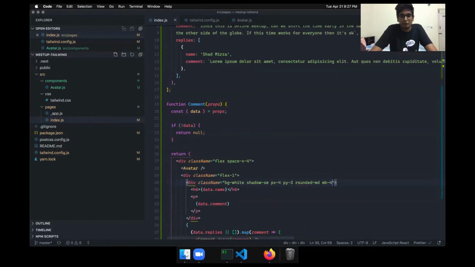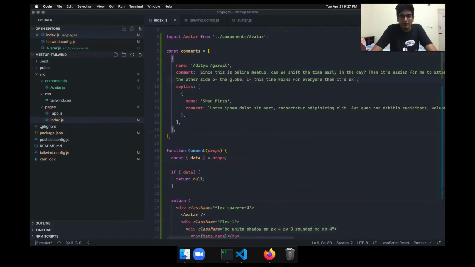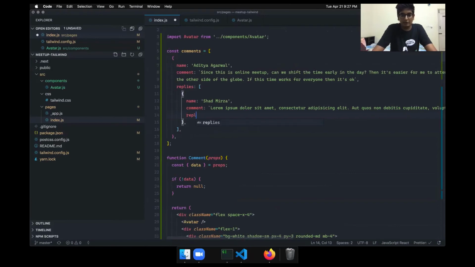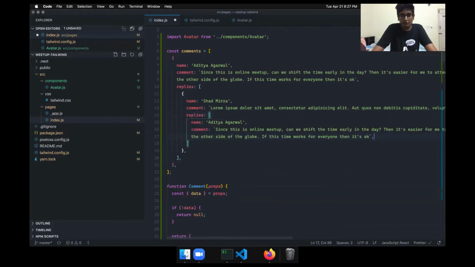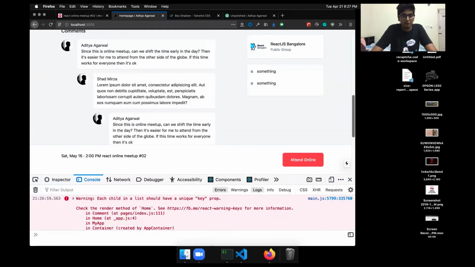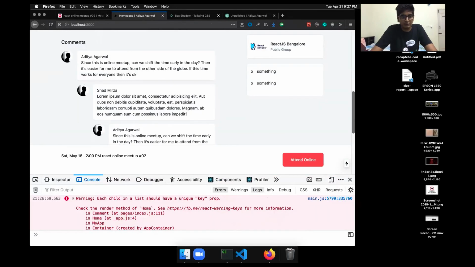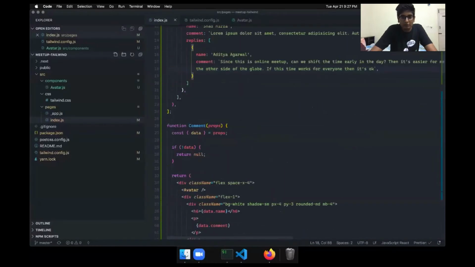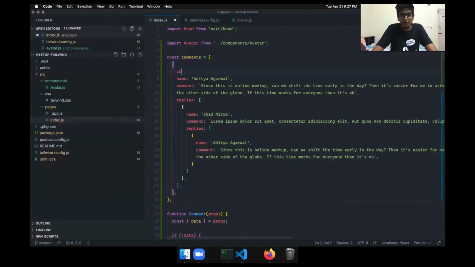And let's just do this one more time. So we take this, and for this reply, I'll say that replies should be an object, and it is this. So as you can see, we are getting this nesting, and we need to put a key to this. So let's just put key, ID.